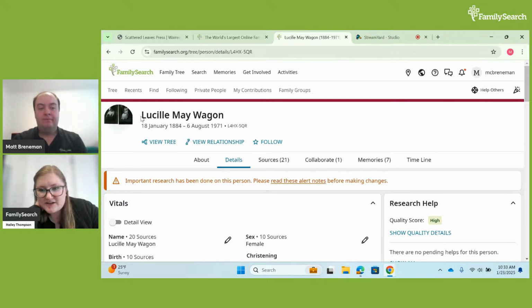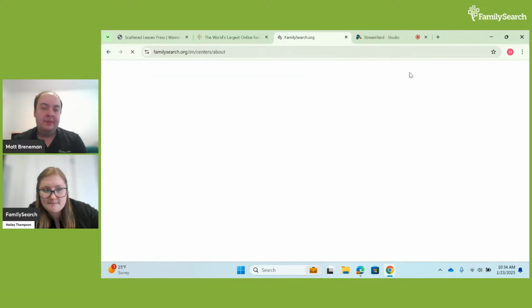Yeah. And I mean, there are Family Search centers throughout the world. There's also documents coming from all over the world. So if you have ancestors from various parts of the world, then there are pretty good odds of finding them. It does depend on which archives we've worked with, things like that, which information is going to be available so far. But if you don't find it today, check tomorrow. We're always getting new things, and you can find your nearest Family Search center by going up here to the locations tab.